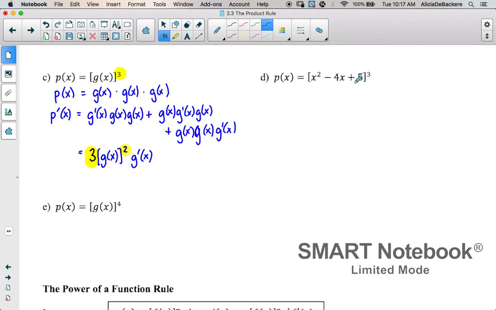We've got this function inside the bracket, and we're cubing it. So p prime at x, I'm going to bring the 3 out front, leave the function alone, subtract 1 from the exponent. And now I'm going to multiply by the derivative of the inner function. So taking the derivative inside will be 2x minus 4, and the derivative of 5 is 0, so I don't